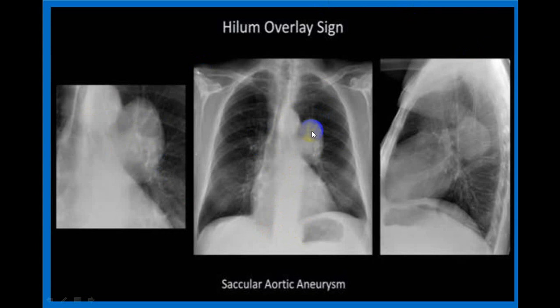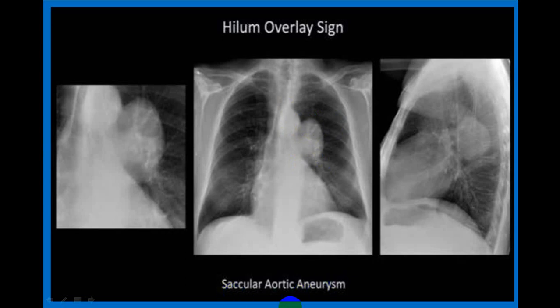So this shadow is related to the aorta, and if you look in a lateral view, you can see there is a small round shadow like this. This is a saccular aneurysm related to the arch of the aorta. So this you can identify in a lateral view. In PA view, you can suspect a shadow related to some structure in the mediastinum close to the aorta.